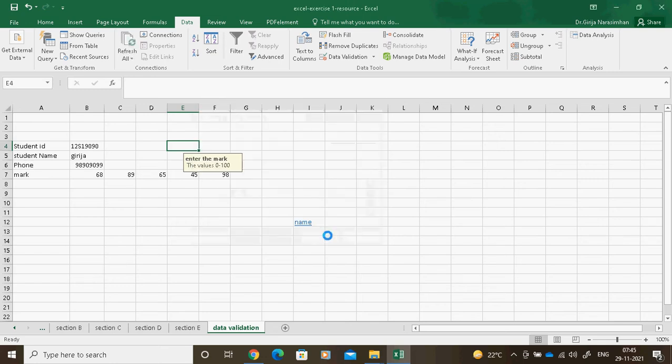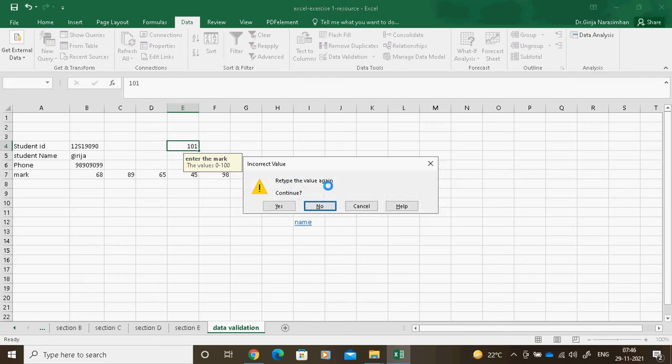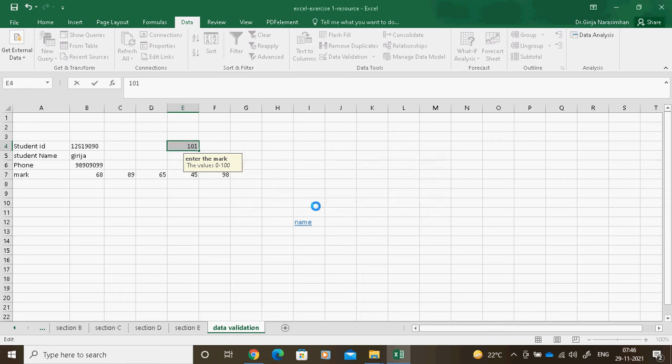Suppose I enter 0 to 100, 0 mark, no problem. Now suppose I enter 101. Here you see, incorrect value, retype the value again. Okay, continue? Yes, no. I do not want to continue, no. So again I will retype my value, 100. Clear, this is the way we give the value here.